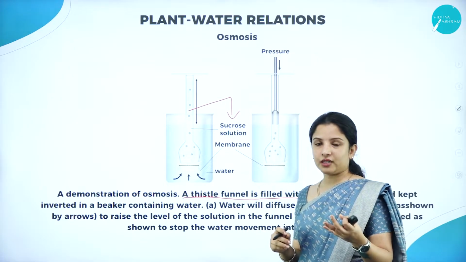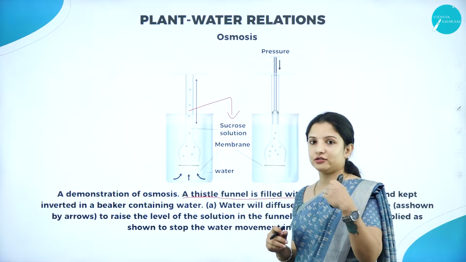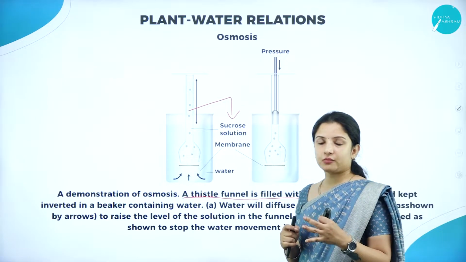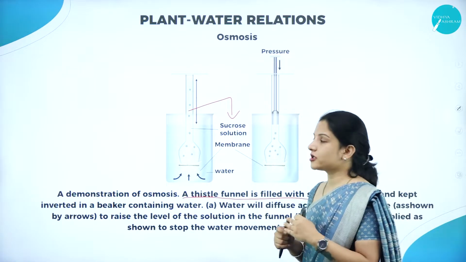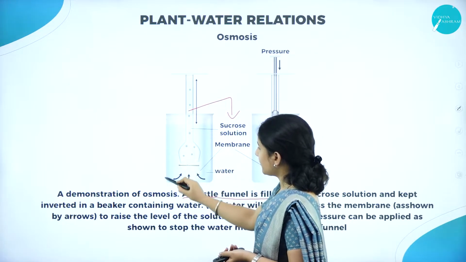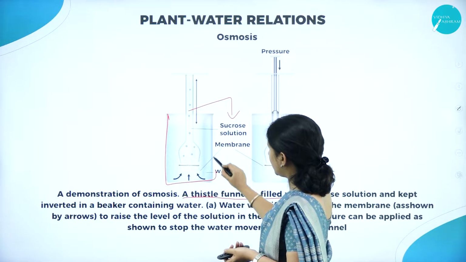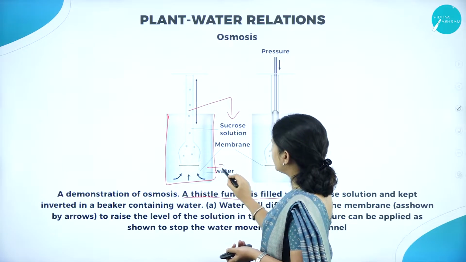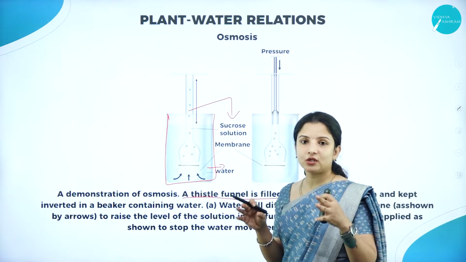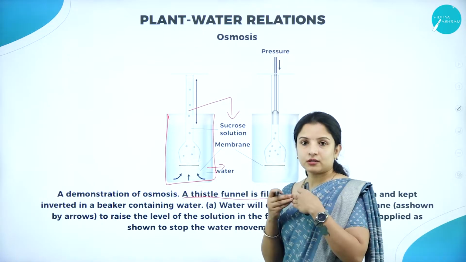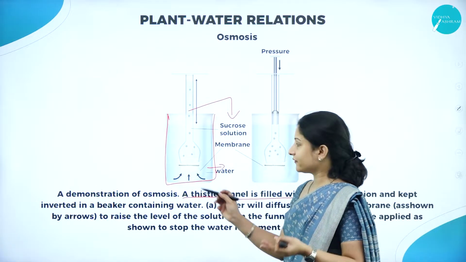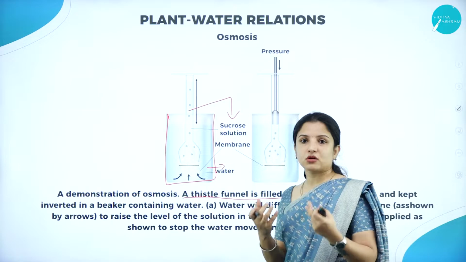So sucrose solution means sucrose molecules are more, water molecules are less here. So here they have put sucrose solution and they have taken a beaker. If you can see here, in this beaker they have put pure water. So in the beaker what is it? Pure water, the water potential is equal to 0. Here the sucrose solution, it is negative, right? This is negative. Why? Because it is a solute potential. It is negative. Here it is pure water, which is always equal to 0.